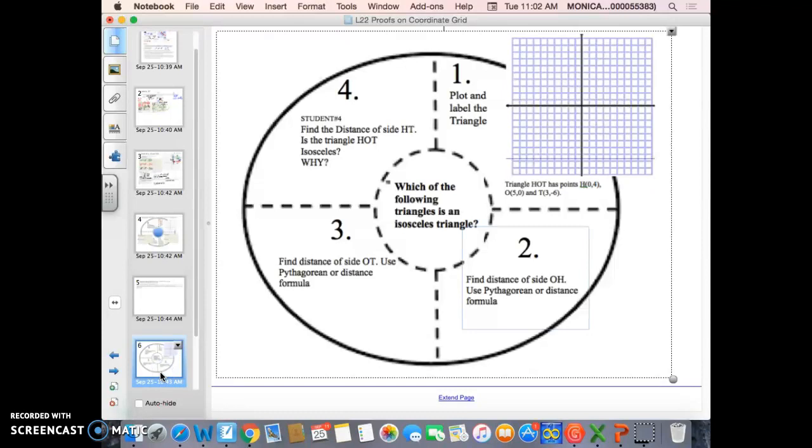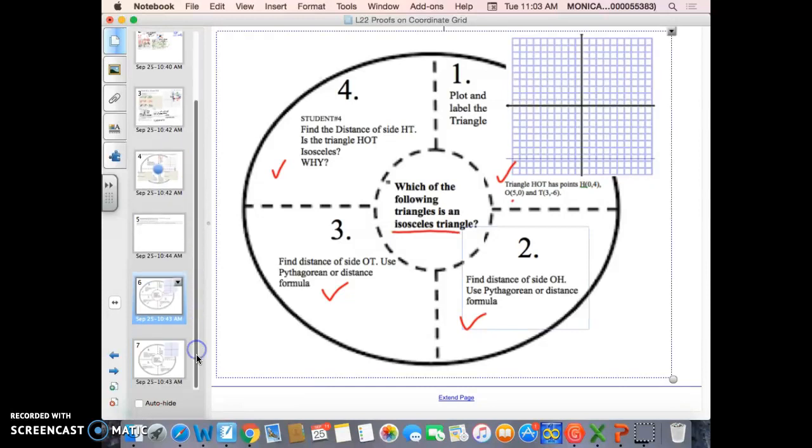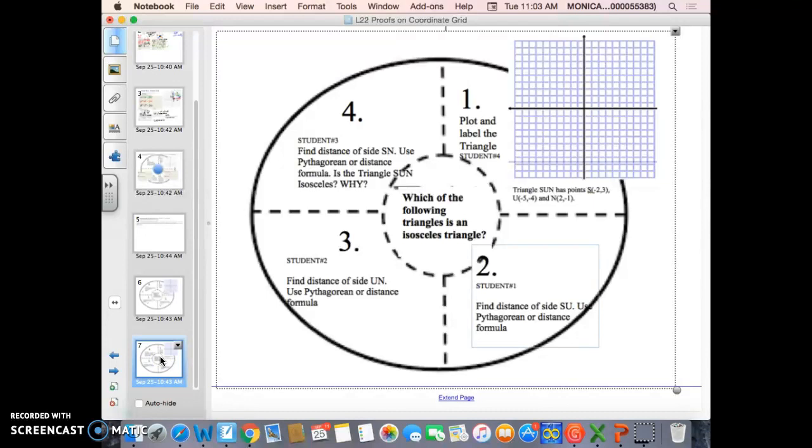And here you're going to try to prove whether the following triangle is isosceles. Okay? So first you're going to plot and label the triangle here. Then you're going to find the distance of each side, use the Pythagorean theorem or distance formula, and then you're going to determine whether triangle HOT is isosceles. And then lastly, you'll conclude with triangle SUN. Okay? So you've got quite a bit to work on independently. When you're done, please turn everything